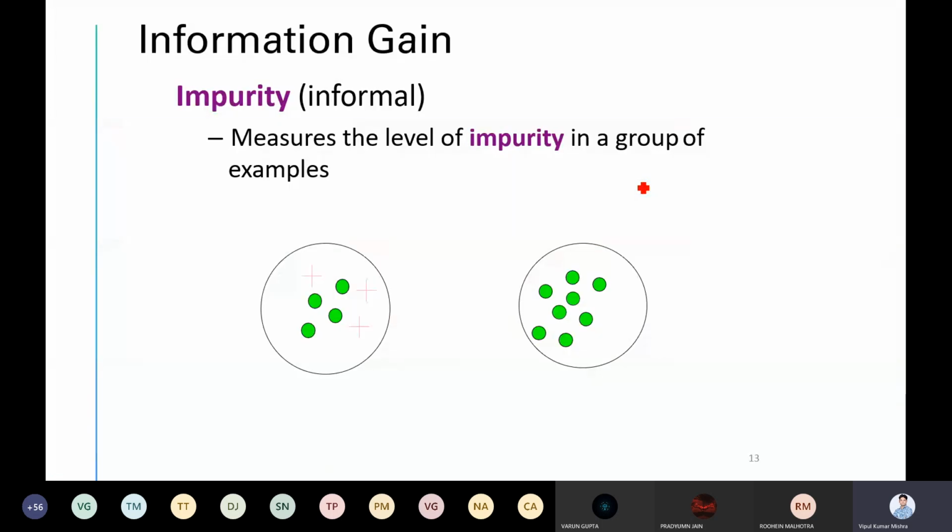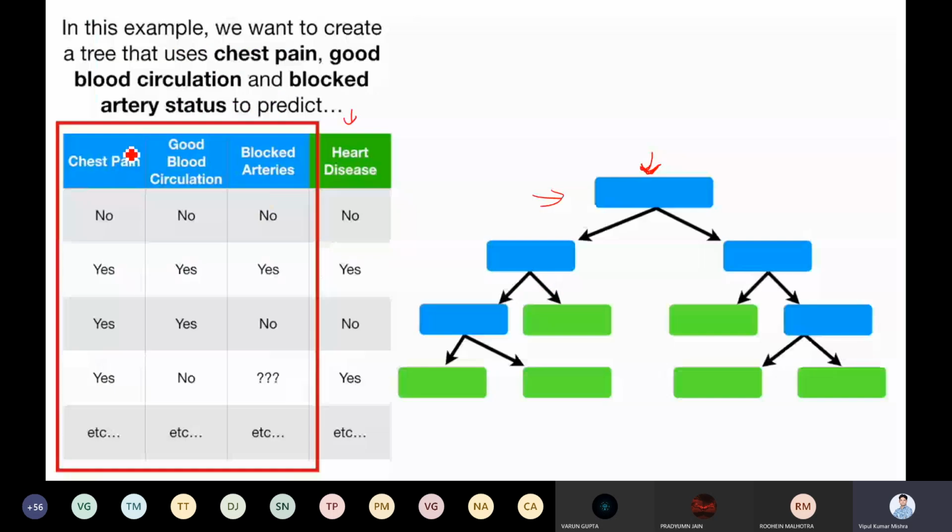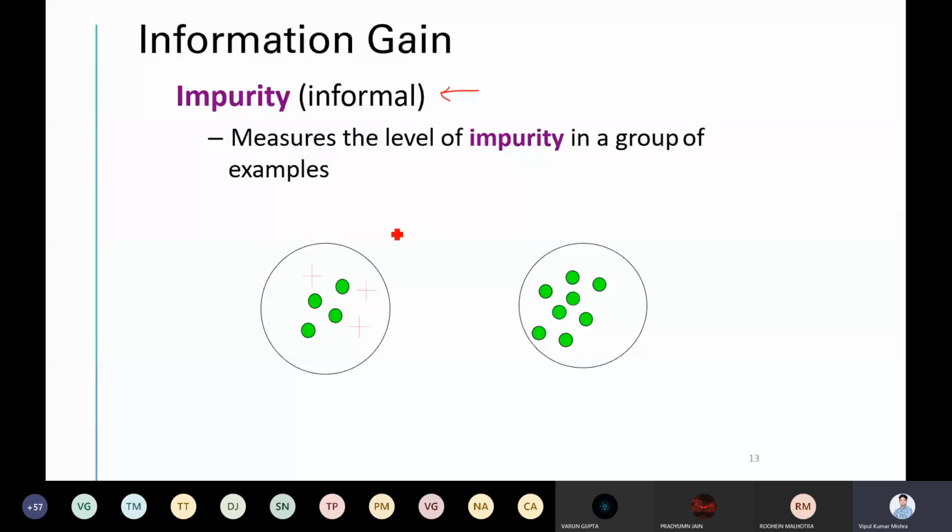In order to select it, we first compute the impurity of each particular feature. We'll compute impurity for this, for this, and for this. What exactly does impurity mean? If you have a mix of both categories, like in a two class classification problem, where C1 is there and C2 is also there, then we have a mixed category, so it is an impure set. And where we have only one single category, like C1, C1 everywhere, you can say this is a pure set.